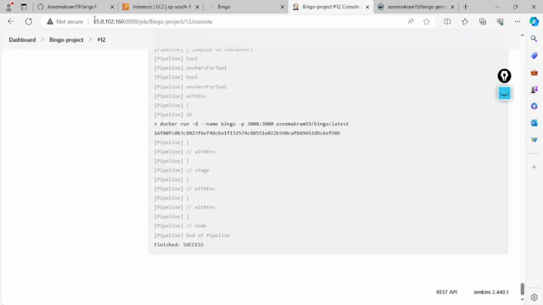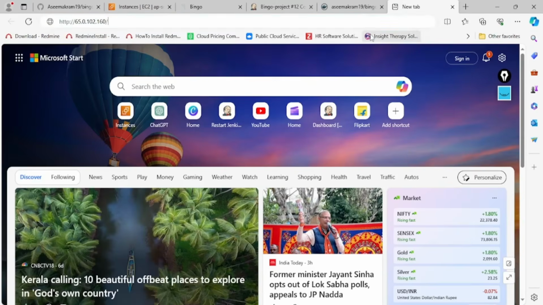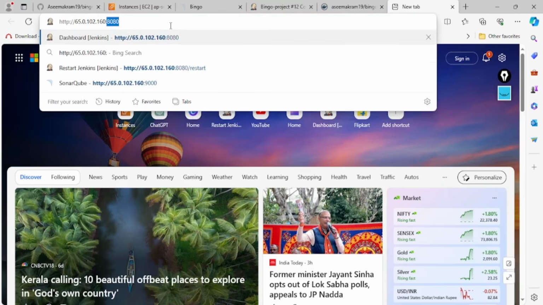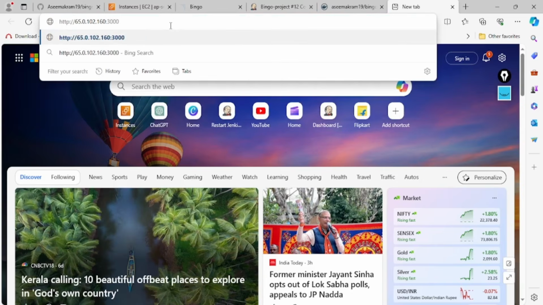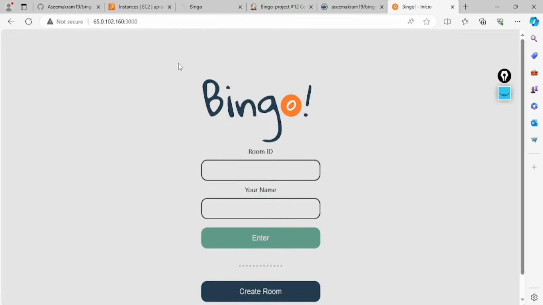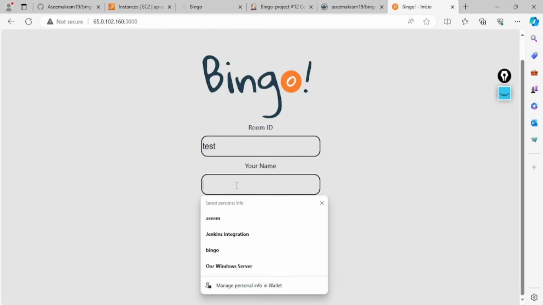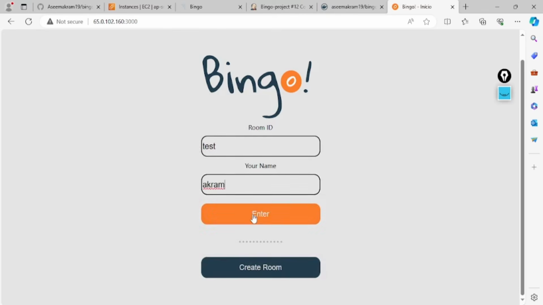So if our claim is successful, then it should be working on port 3000, right? Our application should be working on port 3000. So let me go and check it out, port 3000, because we already enabled it through Terraform in the initial stage when we were setting up the infrastructure. So see how here we have found everything. So I'll give a test room name, I'll give Akram, right? I'm able to